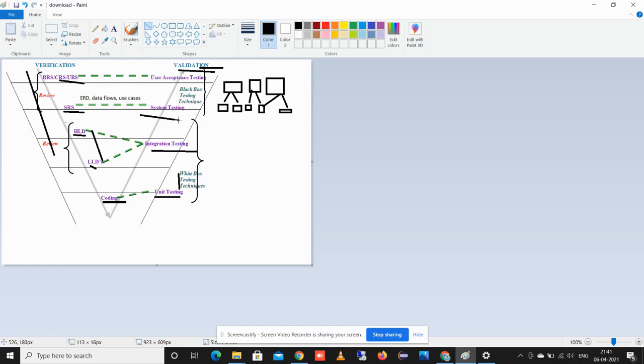In system testing, mainly the testers are involved. We refer to the SRS document, where SRS stands for software requirement specification mentioned by the customer. Here we don't test the code; we test the functions of the system with respect to the customer requirements. It comes under black box testing.